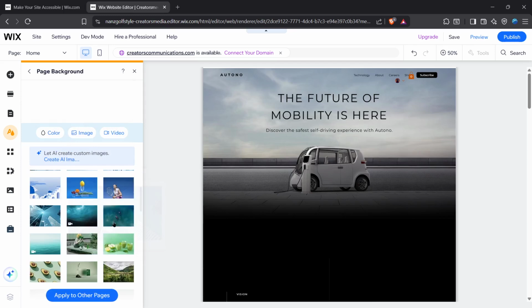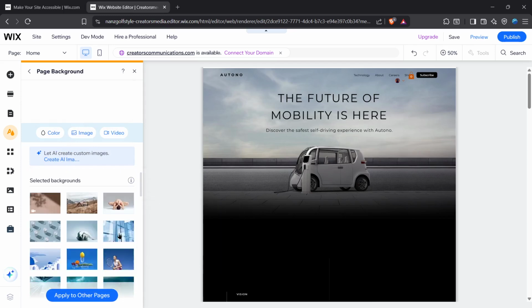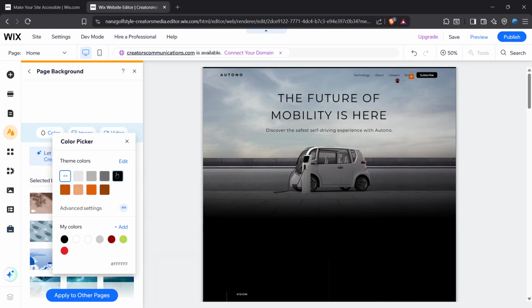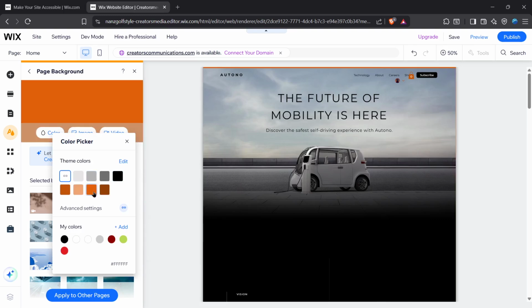We're going to change the background to a solid color. Click the Color tab at the top of the panel. You'll see a color picker with your site's theme colors displayed. To select one of these preset colors, just click on it and watch the page background update instantly in the